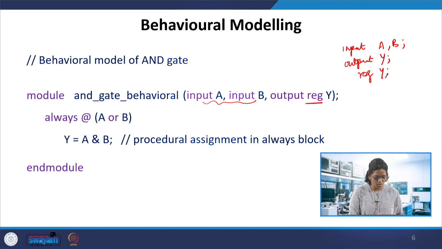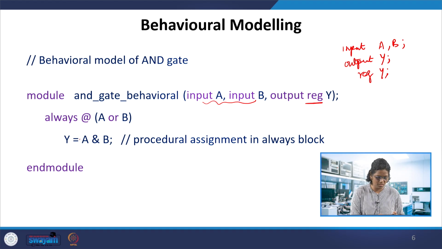So this is also similar to that assign statement, but that is a continuous assignment in the case of the previous data flow model, how the data is flowing from input to output, whereas in the behavioral description, how this circuit behaves. Okay, so whenever there is a change in a or b, this always block will get executed: always @(a or b). So if there is a change in a or b, the inputs of the AND gate, then a and b will be calculated and assigned to y.